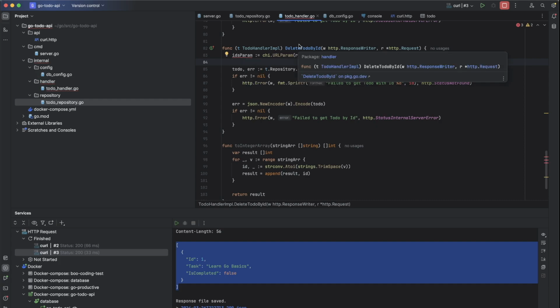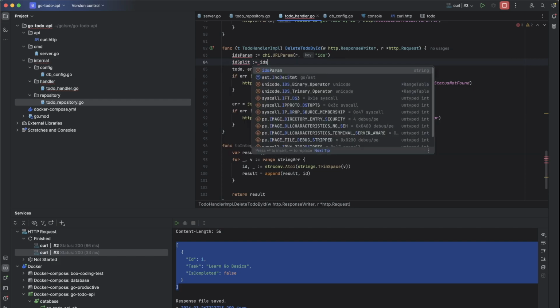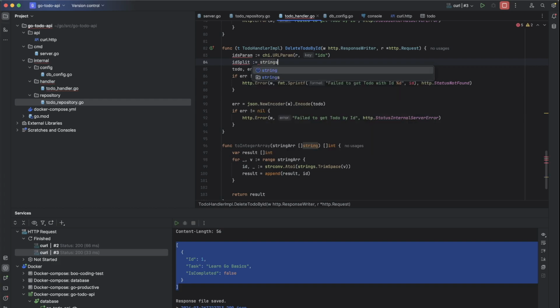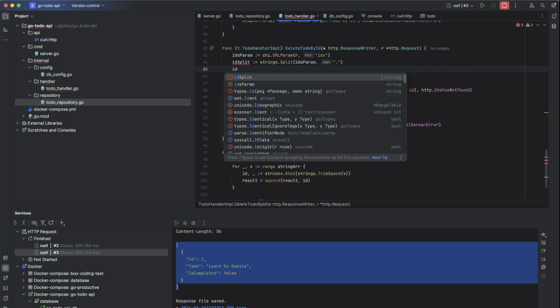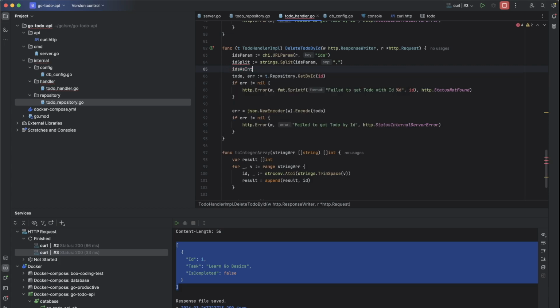So let's call them idSplit equals to strings.Split from the IDs param with the comma separator, and then idsAsInteger equals to toIntegerArray from idSplit.